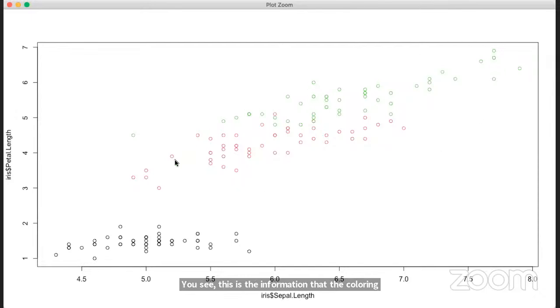Now, if you don't color, you seem to see kind of a relationship that may not really fit that well. And if you remember the correlation,